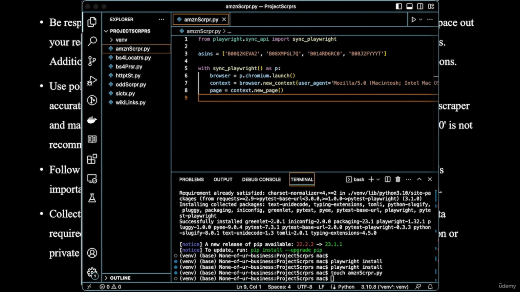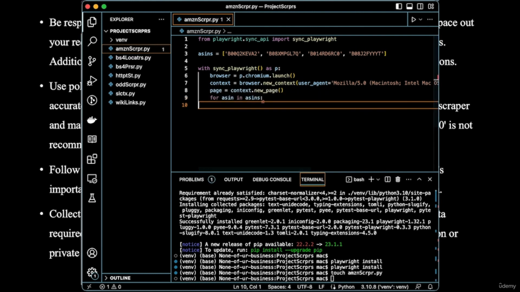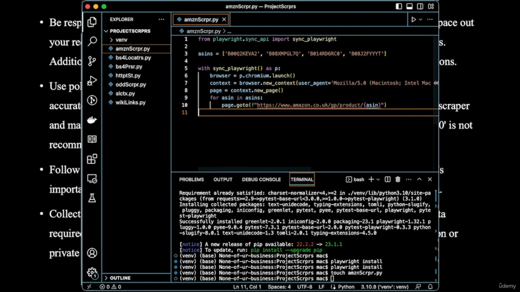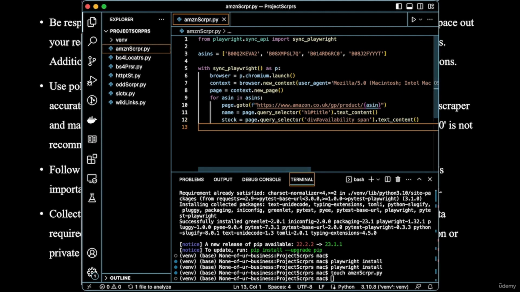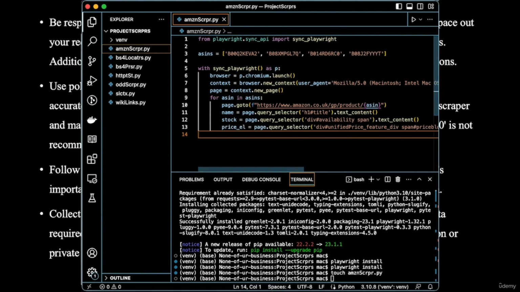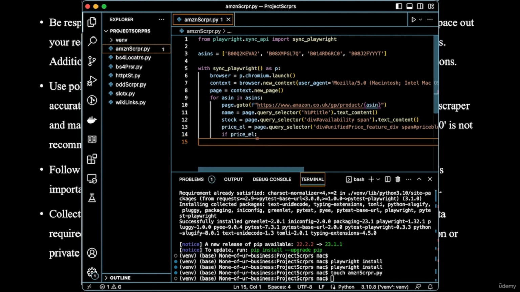product unique identifiers. Now, using the context manager, with sync_playwright() as p, this line creates a Playwright instance and assigns it to the variable p, and the with statement ensures that Playwright resources are cleaned up properly after the code block completes. Now, the next line launches a Chromium browser instance using Playwright's launch method and assigns it